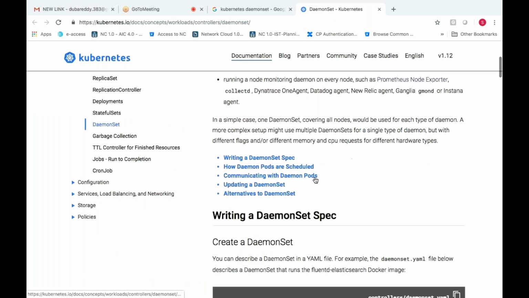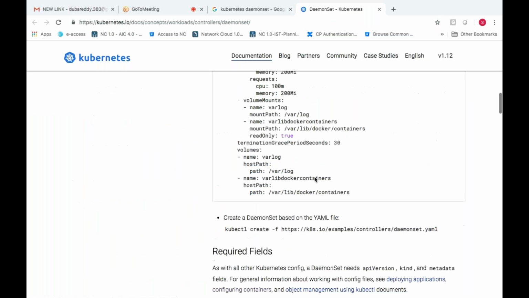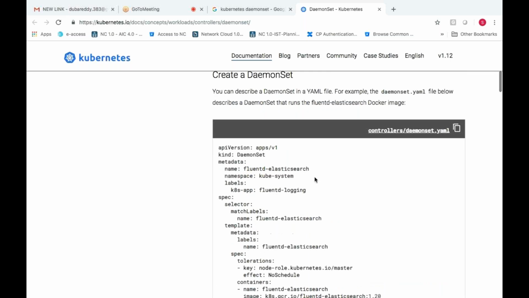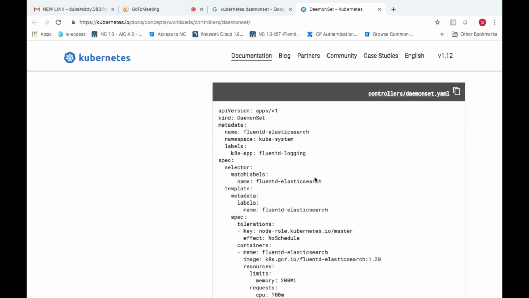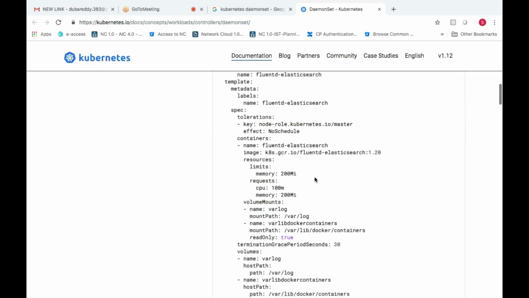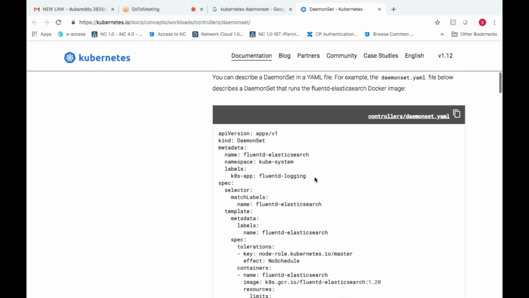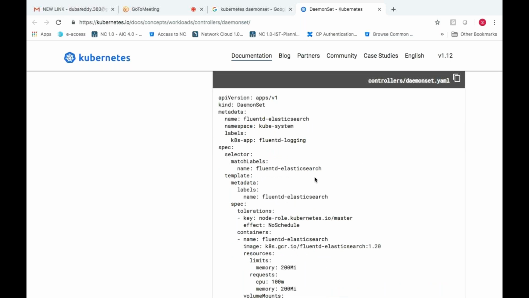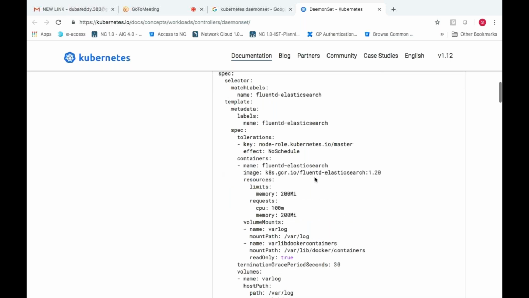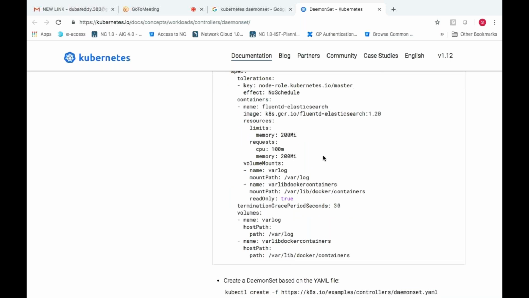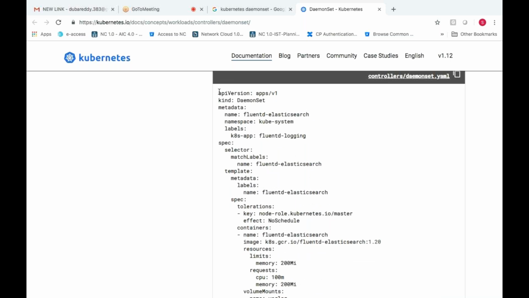Okay, he has created something. Fluentd. So actually, they already created a Fluentd. Fluentd is one of the components that needs to be running on all the nodes so that it will collect the log metrics and give them to Prometheus. So this is the Fluentd which should be running on all the nodes. For the time being, I will install this. I will tell you each and every parameter that they have added.